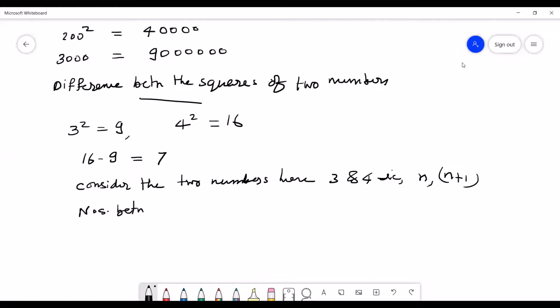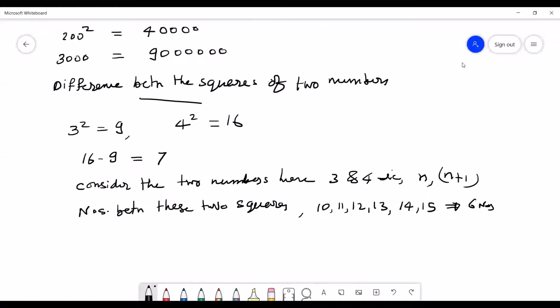Numbers between these two squares. One is 9, the other is 16. After 9, then it will come 10, then 11 is there, 12 is there, 13 is there, 14 is there, and 15 is there. So we are getting 6 as the number. 6 numbers are there. So we have considered n as the first number and n plus 1 as the second